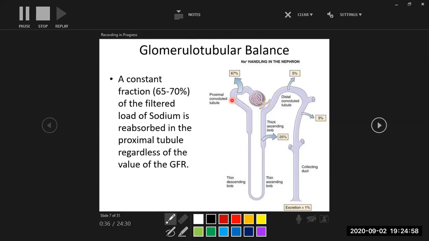One concept that is important to keep in mind is that this portion, 2/3, is a constant fraction. No matter how much fluid is going in, you have 2/3 reabsorbed. So this number is always constant. If you have a high salt diet, for example,